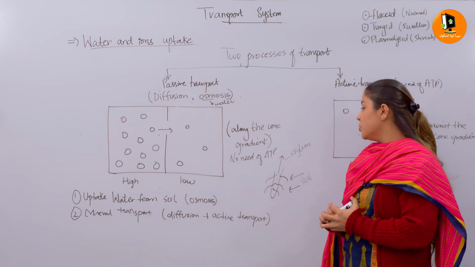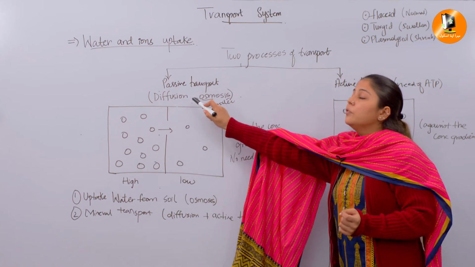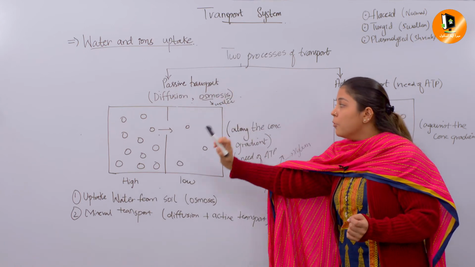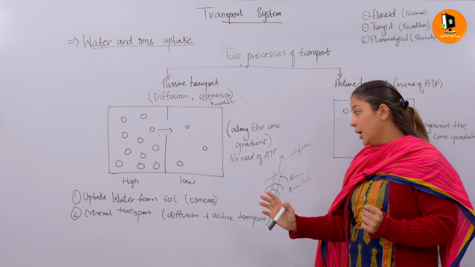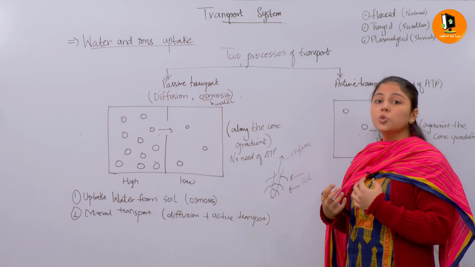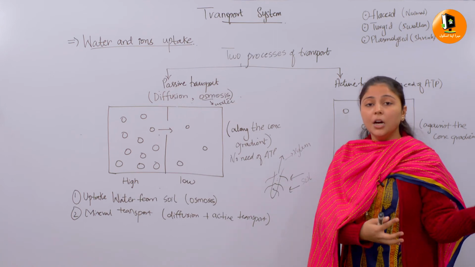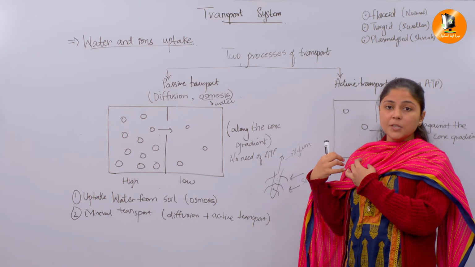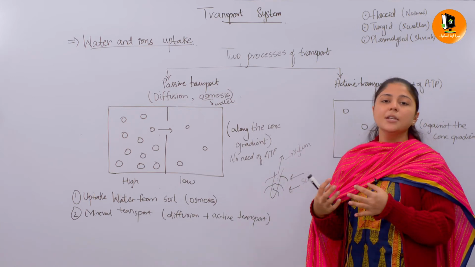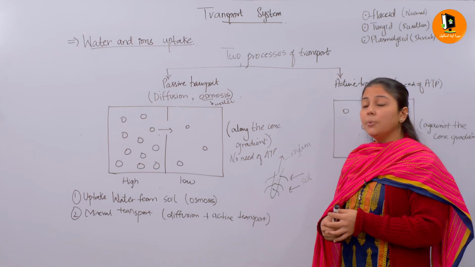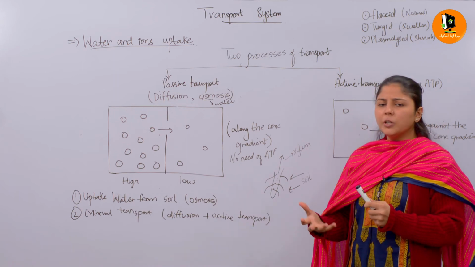Why are we saying diffusion? Or you can say active transport also comes. Diffusion again is a type of passive transport, where molecules move from the higher concentration to the lower concentration. Again, minerals will be transported from the soil, through the roots. The roots get the minerals from the soil, absorbing them with the help of the root hair cells, and give them to the xylem vessels. But again, the process that comes in is the diffusion process.